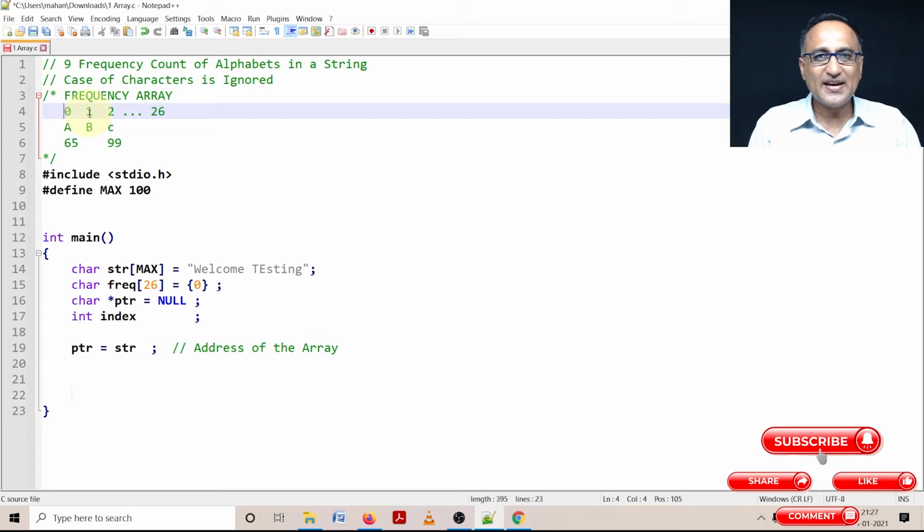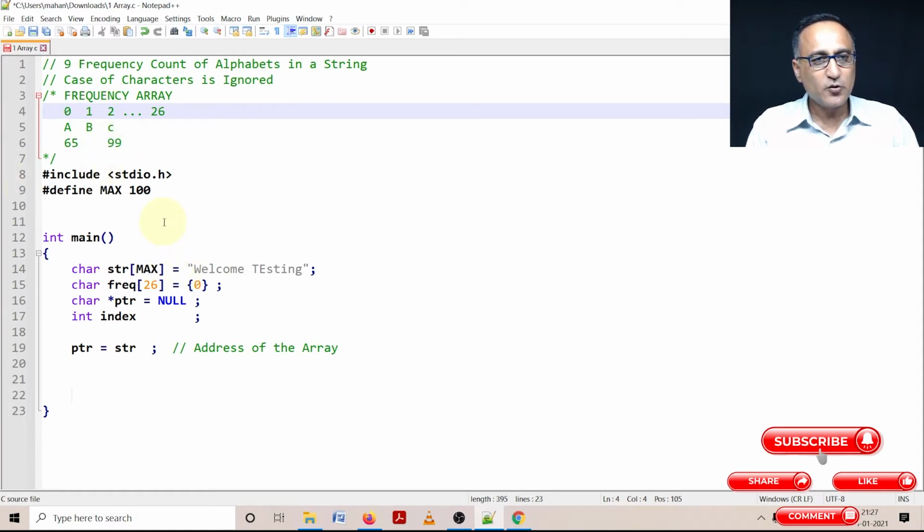So in the index array, in the first position, the frequency is 1. Now when I get small c, I will not subtract 65. I'll subtract 97, because that is the start of the range of small alphabets a to z. So it will give me 2. So in the second position I'll put the frequency as 1.